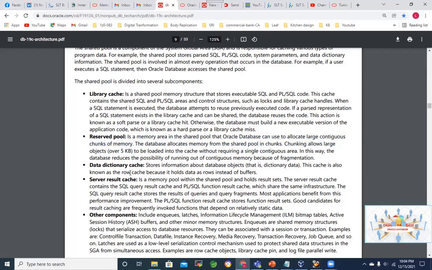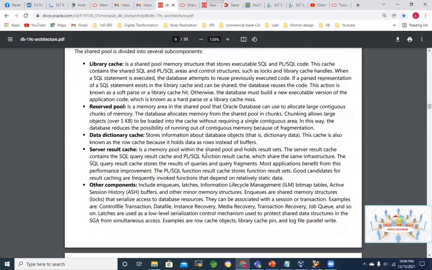Then we got the idea about the dictionary cache. We know it is a cache from the dictionary, the underlying system DBF file, which supports verifying objects in order to generate the execution plan. Oracle has to check the syntax and semantics. Semantic check means object names and column names. The dictionary cache supports verifying those things, including privileges and all.